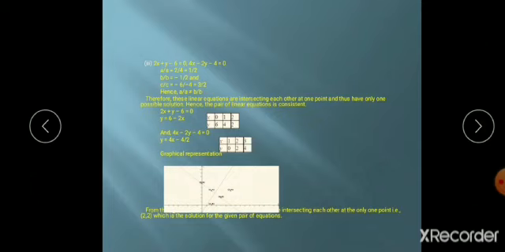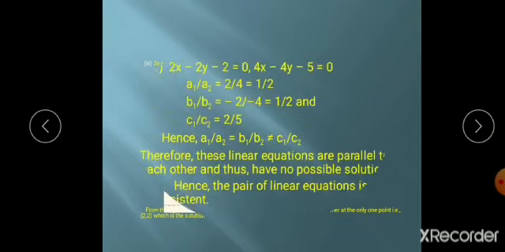Sometimes they will ask, after plotting, to shade the triangle on the x-axis. You have to shade this region, where the triangle lies on the x-axis. Shade the triangle on the y-axis means you have to shade this side. Understood? There are two triangles. If it is the x-axis, you have to shade this part. If it is the y-axis, you have to shade this part. Next we take the fourth example. Same as before, A1 by A2 is equal to B1 by B2 but not equal to C1 by C2. Then it is called parallel lines. So it is not possible, it is inconsistent.